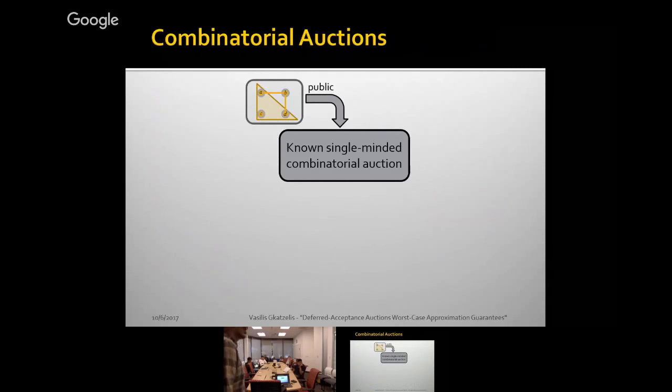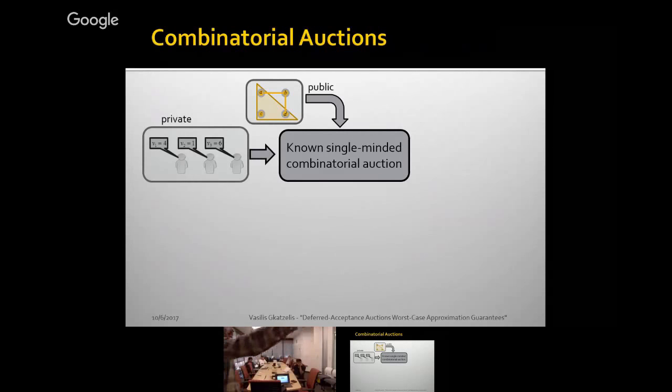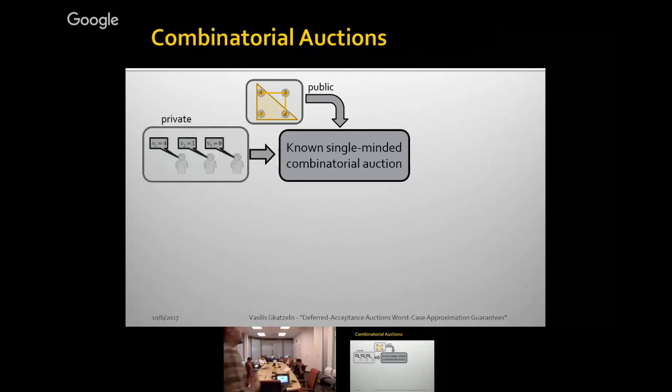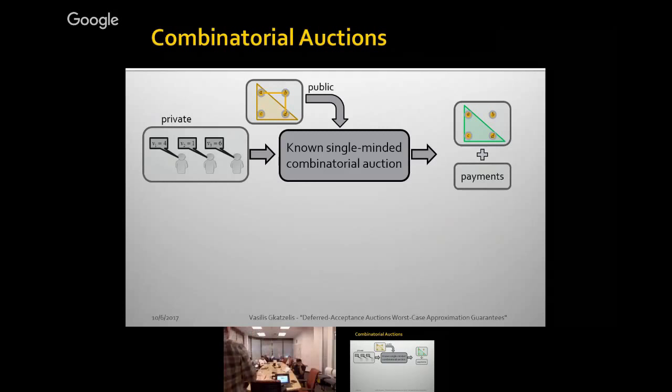And in fact, the way to think about this is called a non-single-minded combinatorial auction. You know these constraints. You know what subset of the participants you can satisfy at the same time, but you do not know what their values are, right? And what you can choose as an output is who wins, who actually gets what they wanted, who do you serve, and prices, payments. How much should they pay? And this is your tool to get the incentives, right? There's no other way. I mean, essentially, the payments allow you to convince people to tell you the truth. So you have to choose those payments, the combination of the allocation and the payments, in a careful way, and prove that somehow the incentives are there so people shouldn't be lying.